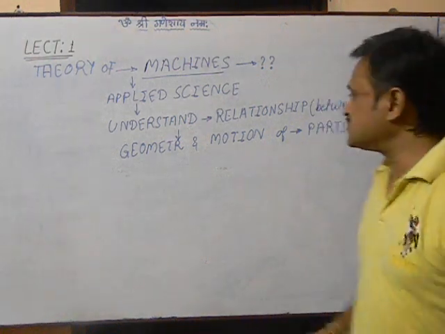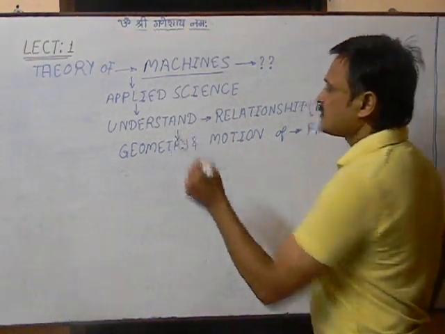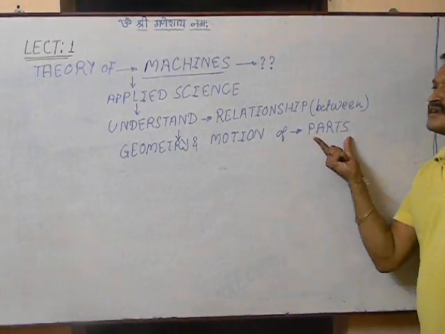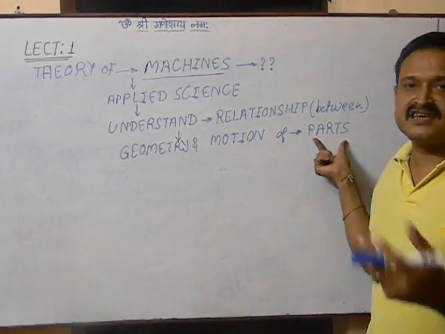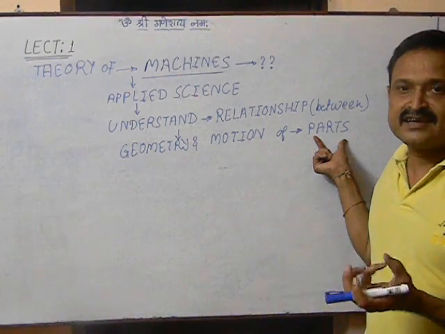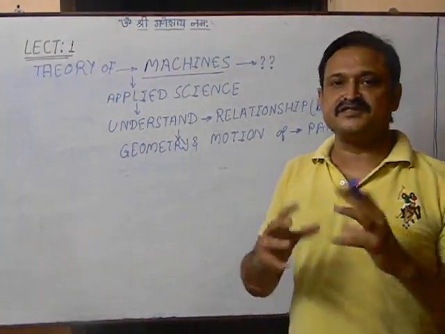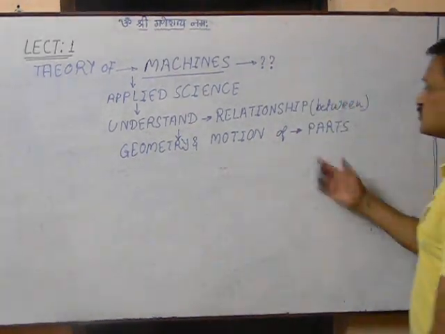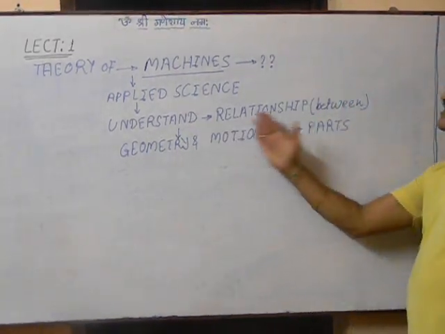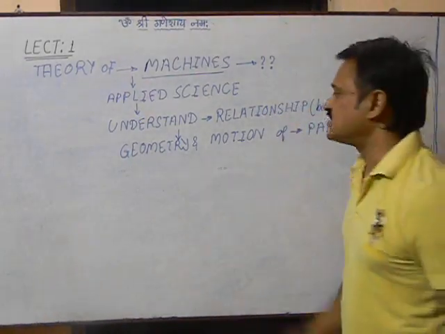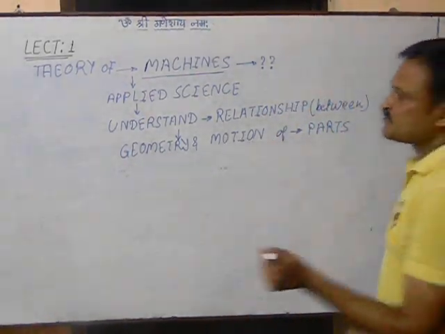So when we say machine, geometry and motion of parts, now why parts? A machine is not just a single component equipment. It comprises so many components or physical bodies. So it is to understand the relationship between the geometry and the motion of the various or interrelated parts,